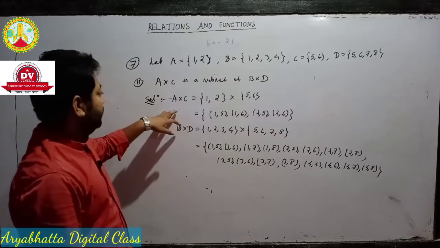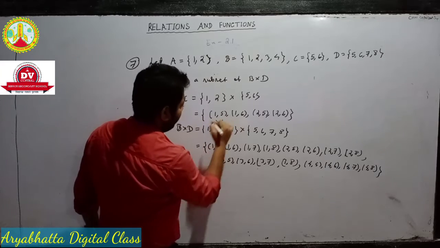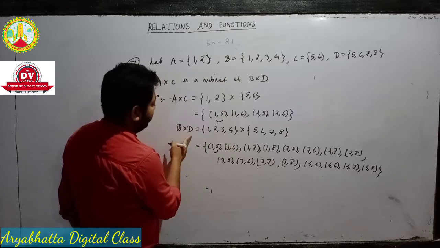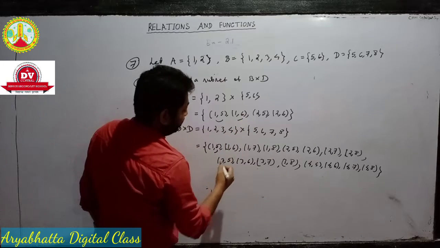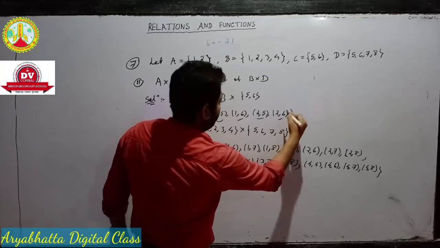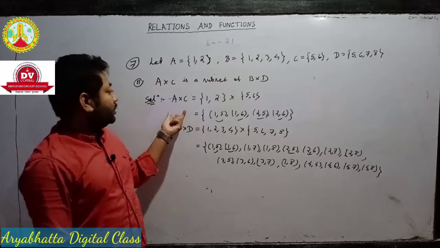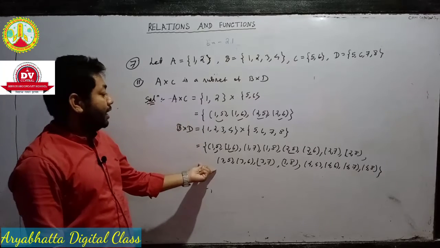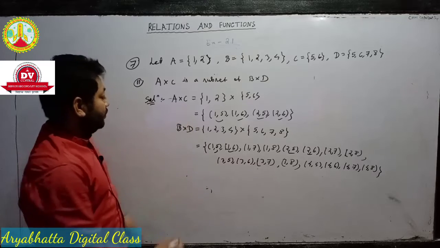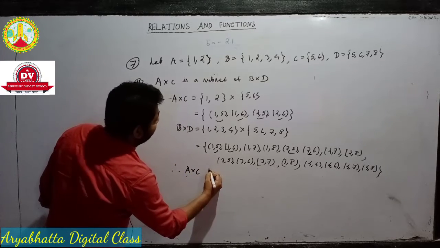Here we see that all elements 1, 5 also belong to B × C. 1, 6; 2, 5; 2, 6. Here we see that all elements of A × C are also elements of the set B × D. Therefore, we can write A × C is a subset